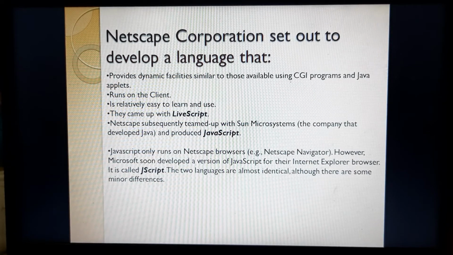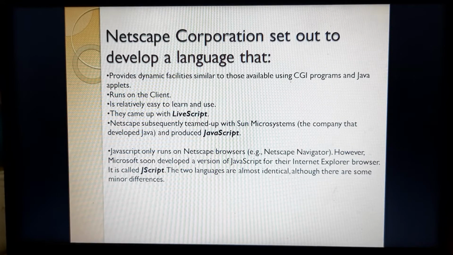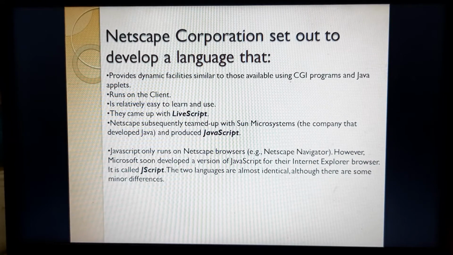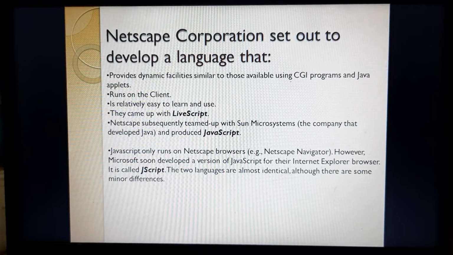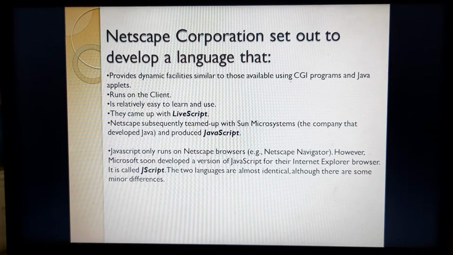Earlier, as we know, JavaScript was called LiveScript, later on it was changed to JavaScript. Netscape subsequently teamed up with Sun Microsystems, the company which had developed Java, that produced JavaScript. So it was produced in 1995.